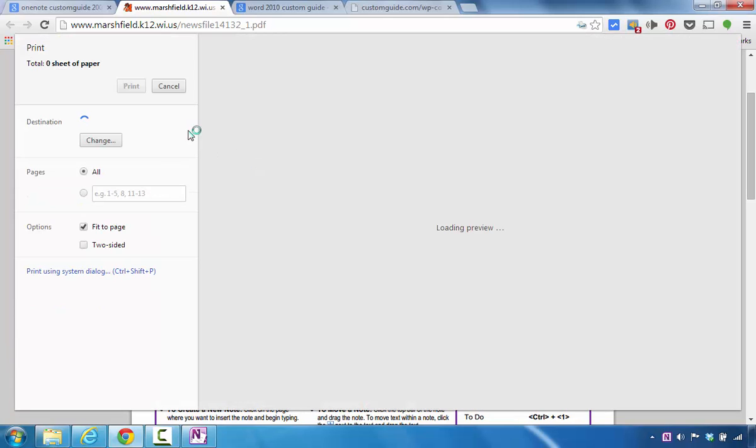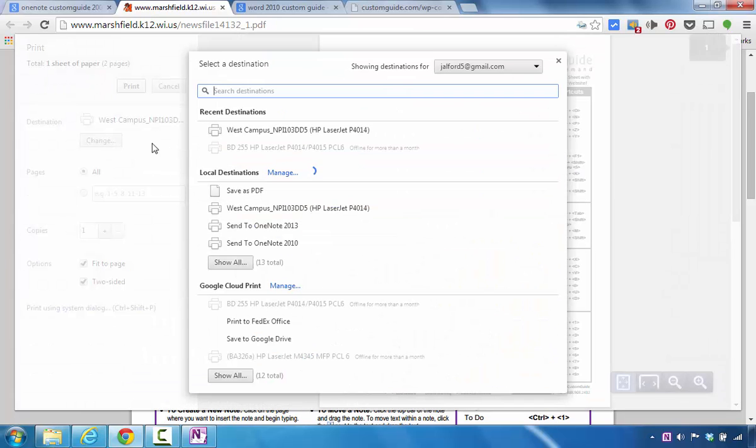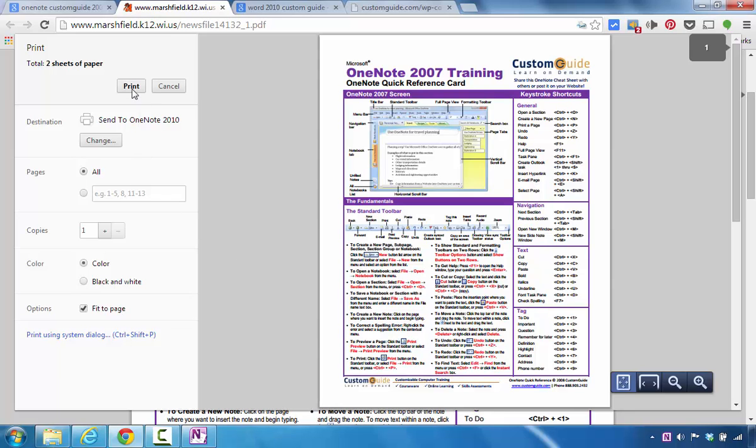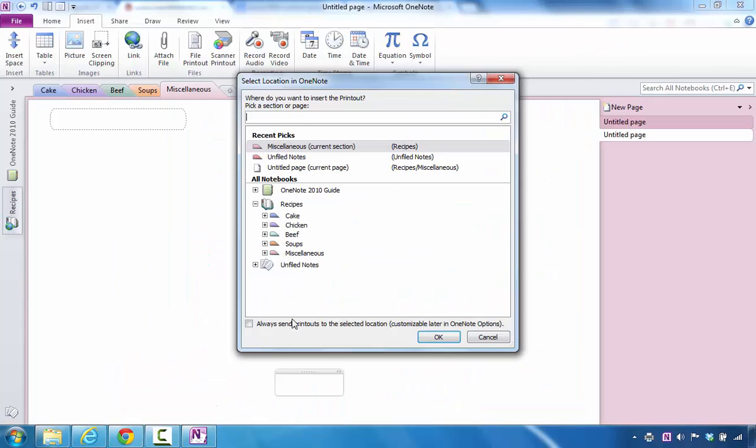And basically, on your device, you have the option to look for OneNote. So I'm going to change this information. I'm going to scroll down to Send to OneNote 2010, and at this point, I'm going to click on Print. The beauty of this is it's going to open up Microsoft OneNote and notify me that it printed the information into that location. So in this case, I can see that the light is flashing, so I click it, and